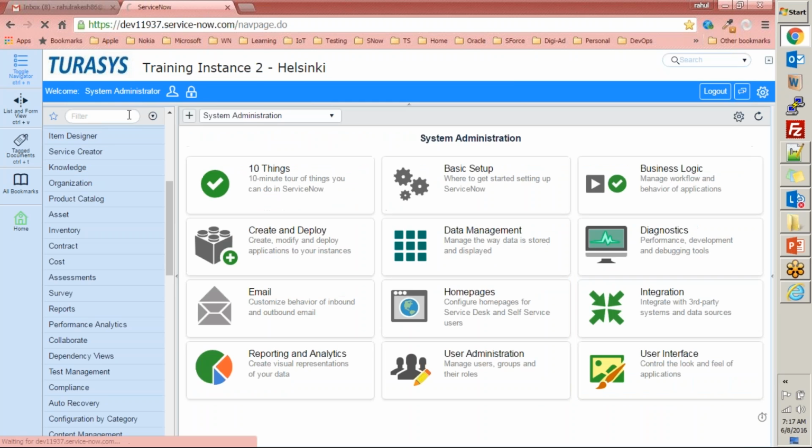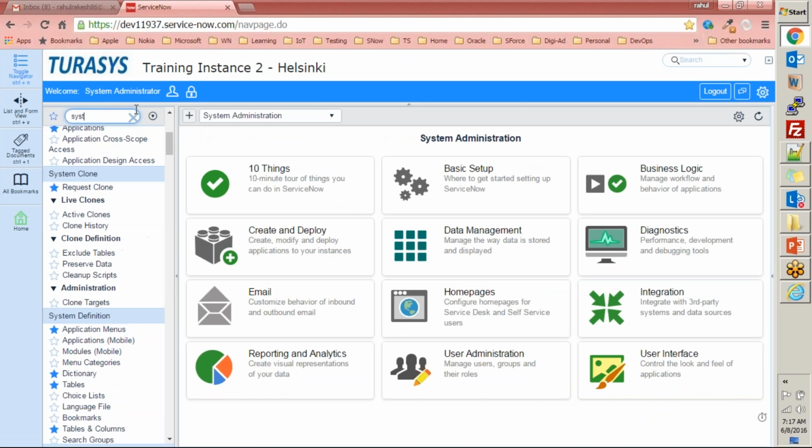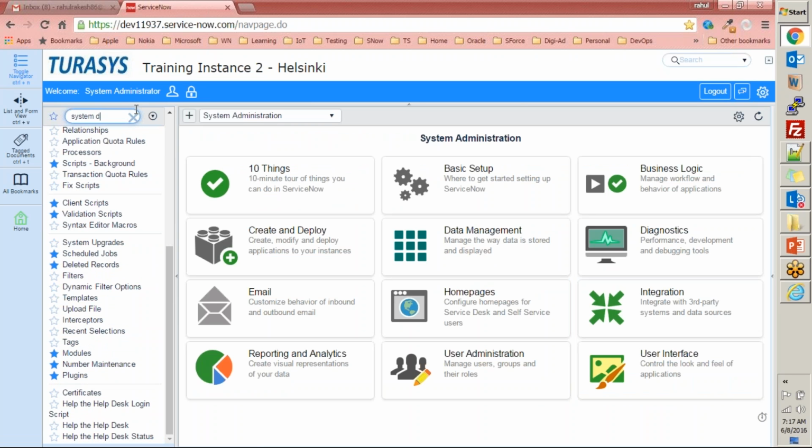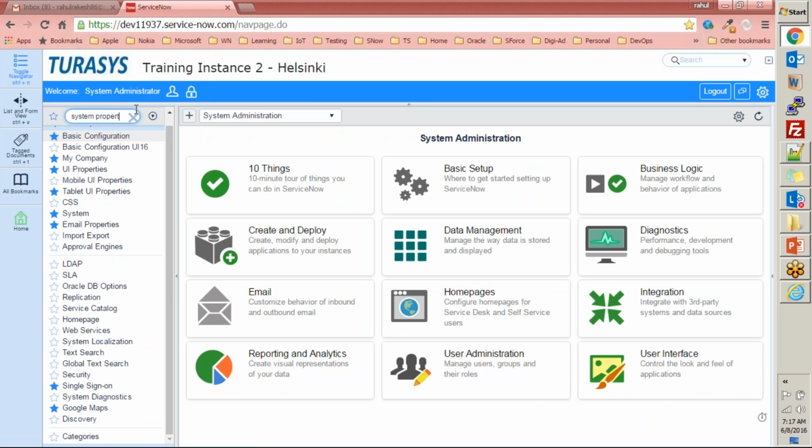But the other way would be you need to go to system properties, and within system properties you have different other modules. See, this one talks about basic configuration. This talks about my company UI property, etc. Right now, we are discussing activating a property that will make sure that user registration request is automatically processed.